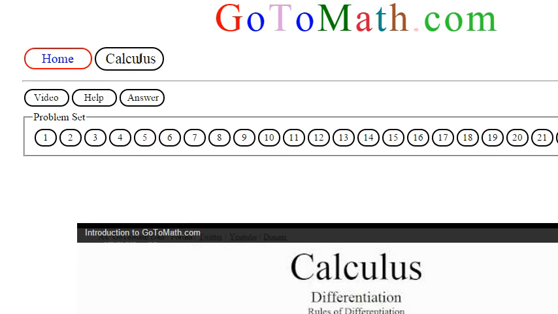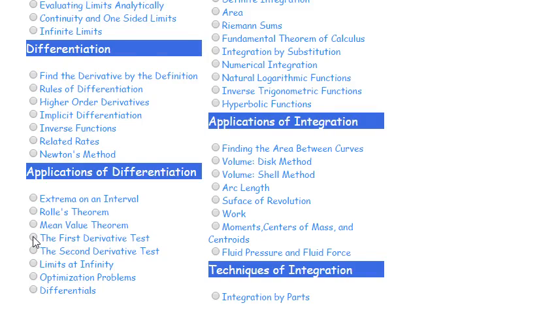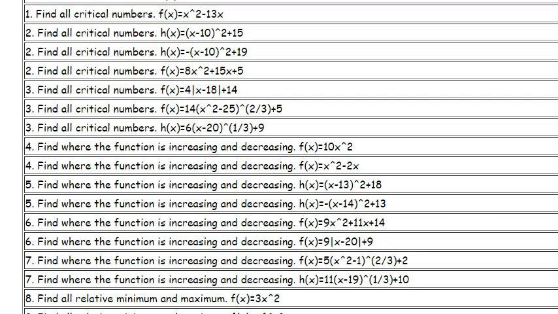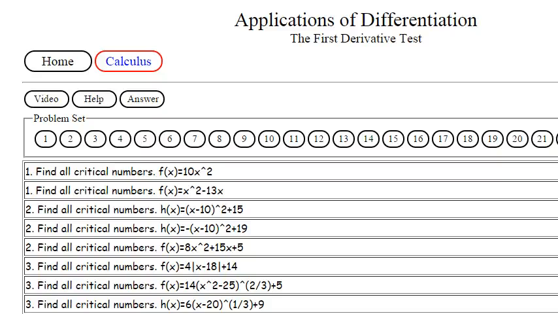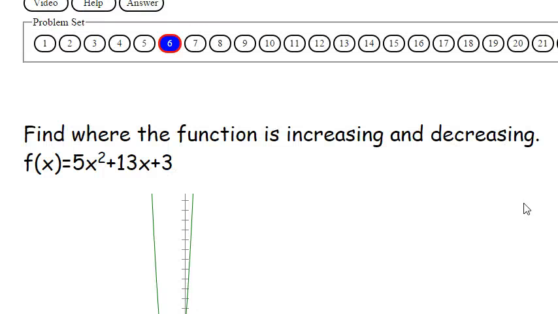We're here at go2math.com, and we are looking at using the first derivative to find some behaviors of some graphs, and I believe we're finding where the function's increasing and decreasing. We're at 6,1, so let's